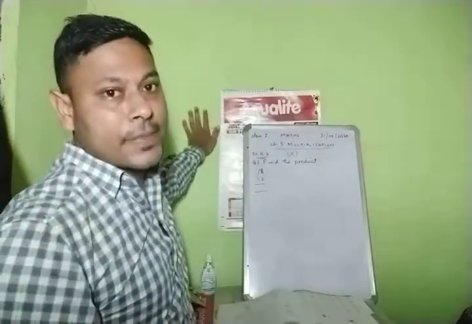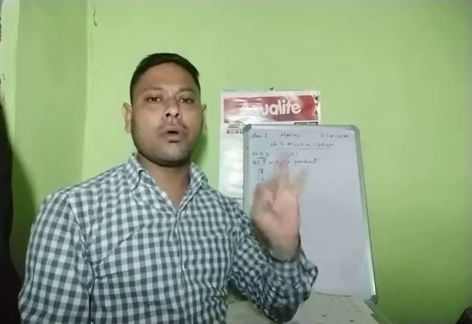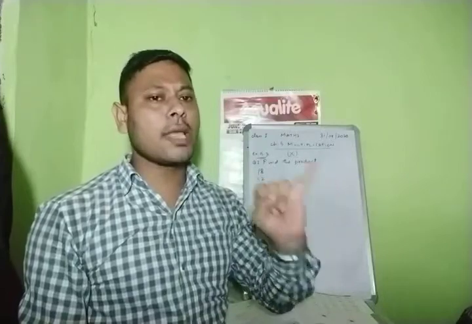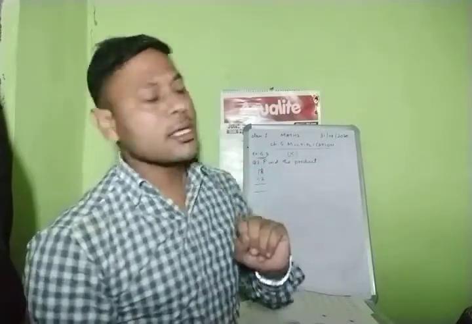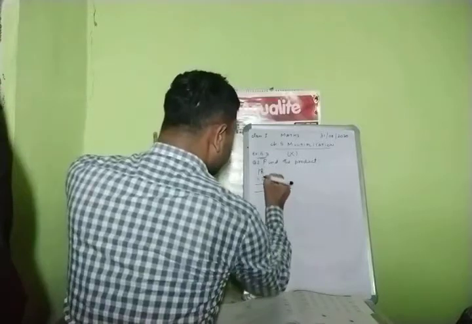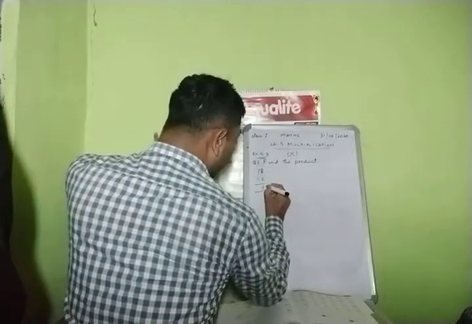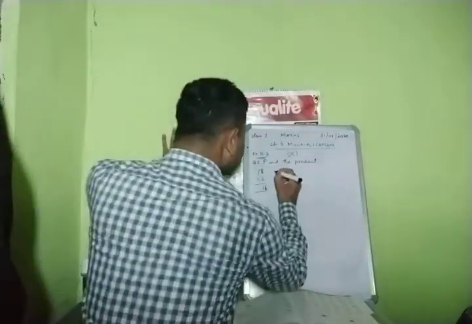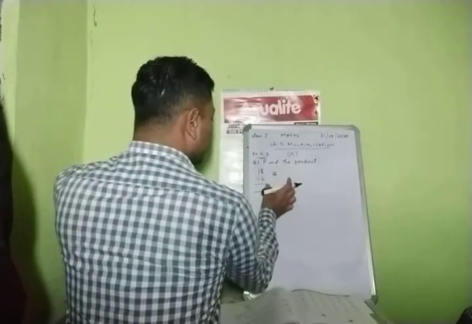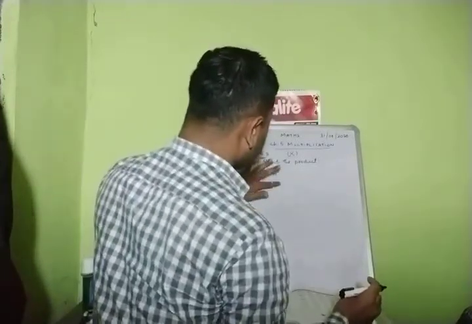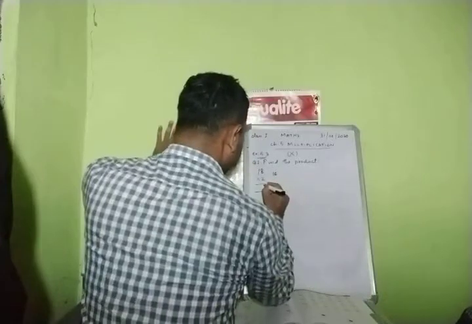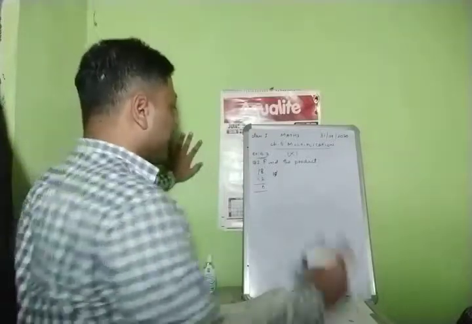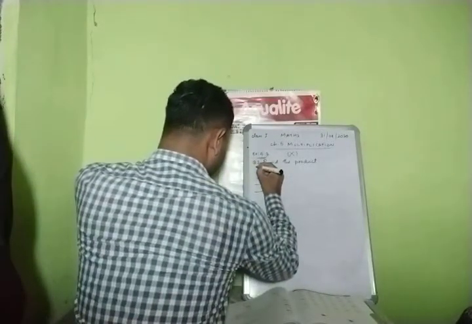2 8s are... 2 1s are 2, 2 2s are 4, 2 3s are 6, 2 4s are 8, 2 5s are 10, 2 6s are 12, 2 7s are 14, 2 8s are 16. So now you see here 2 8s are 16, no? So we have to write here 16. No. No. What you have to do? You write 16 inside. Then you write the first number. What is this? 6. That you write here. Okay. Then cut this. Then what is left? 1. That one you have to put here as carry.